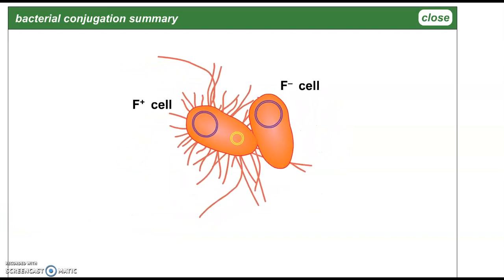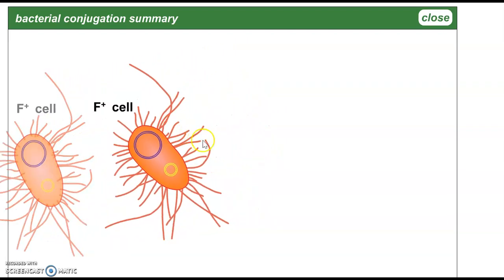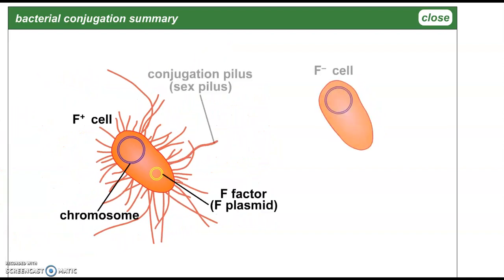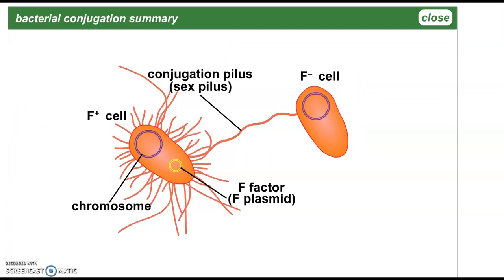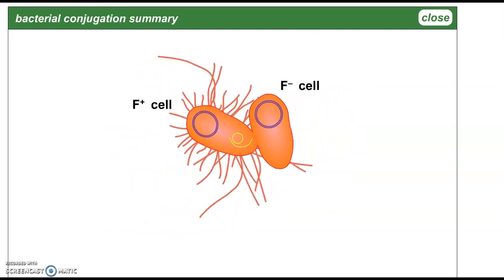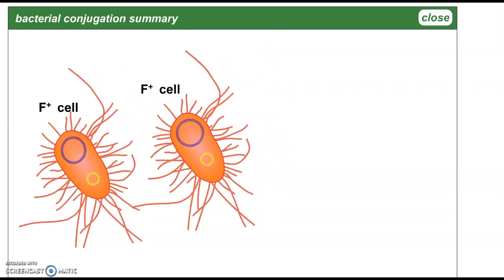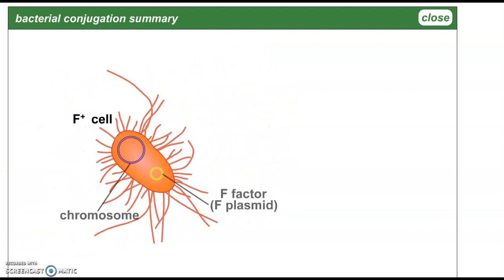coli in your intestines. You've picked up an antibiotic resistance plasmid. One cell has it, and then it is able to basically conjugate with all these other gram-negative bacteria in your intestines. And now you've got this population of antibiotic resistant bacteria that have picked up not only the plasmid with the pilin gene, but what if you actually have that antibiotic resistance gene on your plasmid there as a result